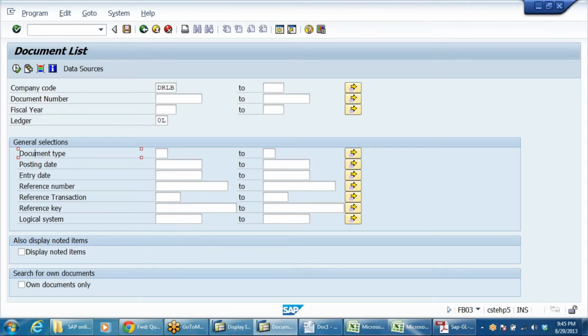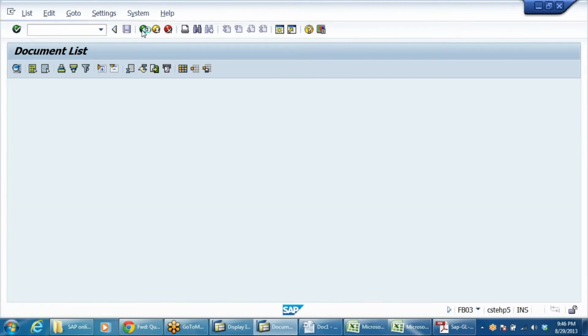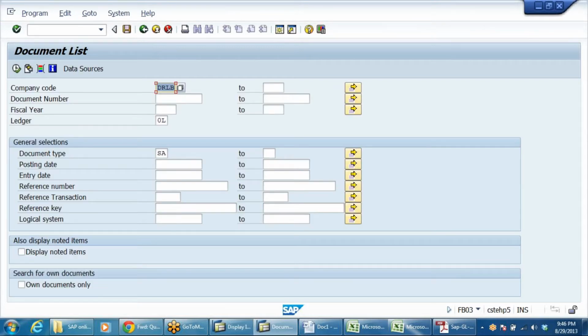Here, the document type we have created is SCA document. Enter the document type SCA and execute. You can see all of them. Even if you don't enter SCA, nothing happens. Just execute. The system will ask you to specify another selection criteria.